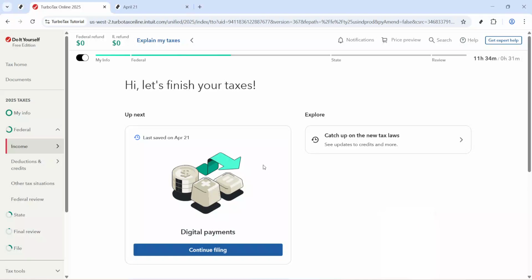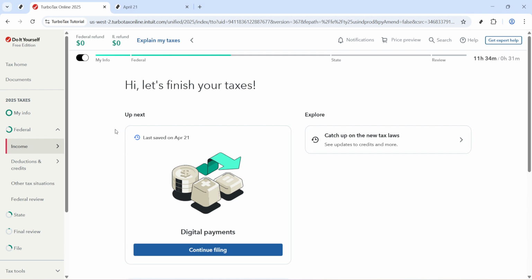In today's video, I'm going to teach you how to add 1098T on TurboTax. If you received a Form 1098T from your school, this is how you start the process of entering it so TurboTax can check your eligibility for education credits like the American Opportunity Credit or the Lifetime Learning Credit. I'll walk you through exactly where to go in TurboTax, plus share a few helpful tips to make this smooth